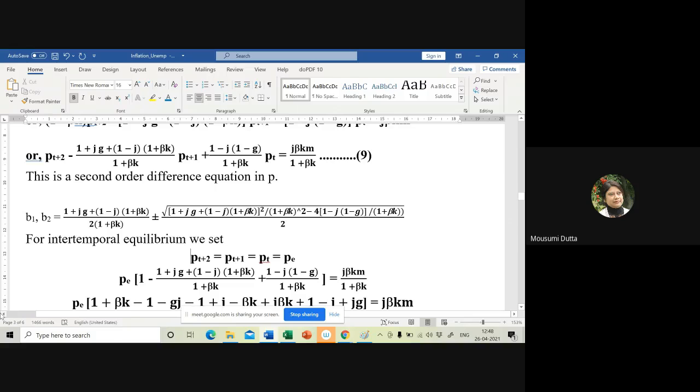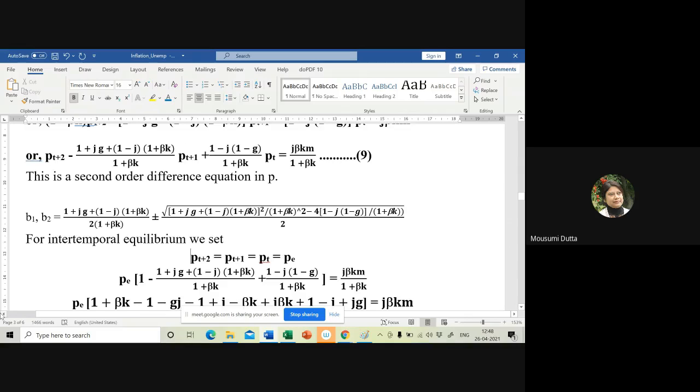Everybody got this value? Yes, ma'am. Okay, so keep the roots like this. While we talk about the stability, we will talk about whether the time path is monotonic and divergent. Our focus will be on these two root values. Okay, so next,